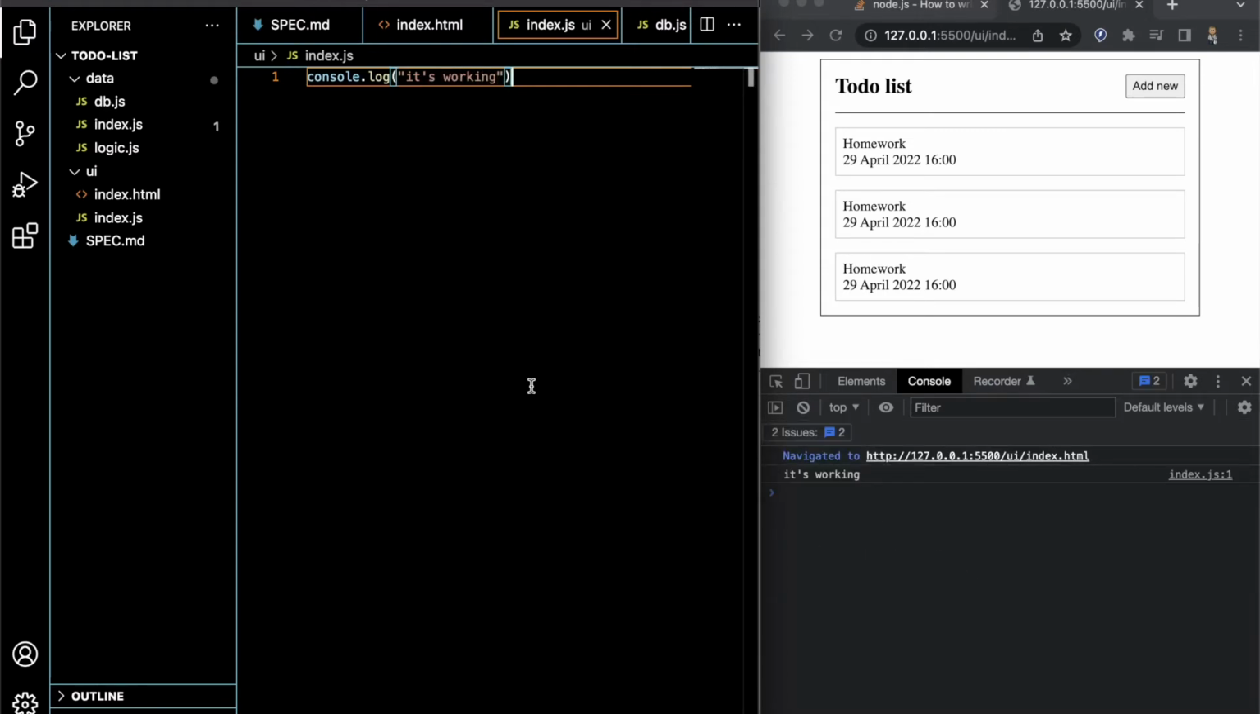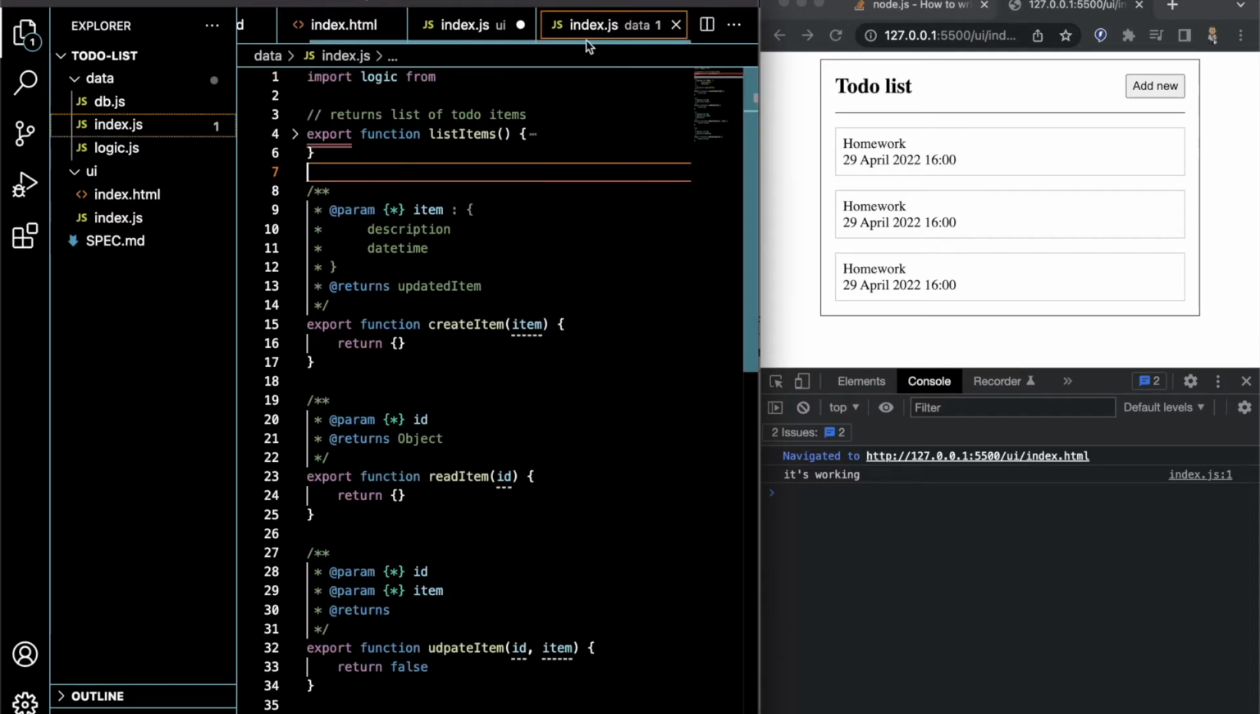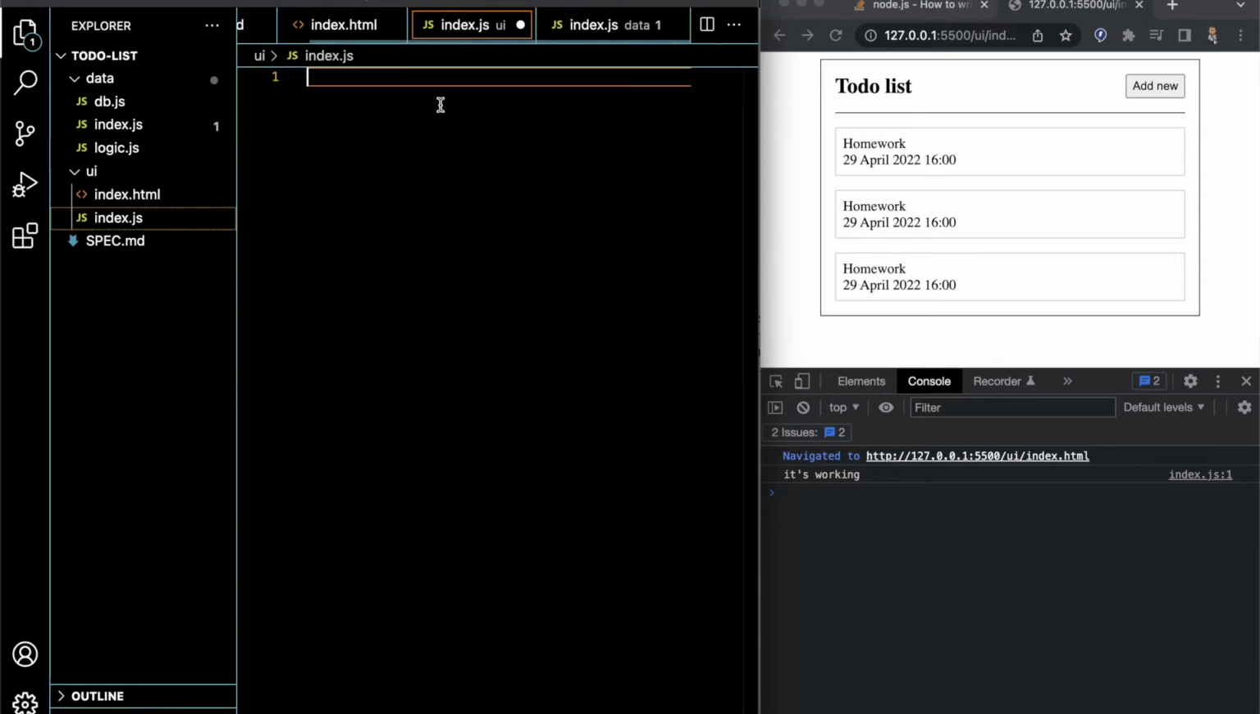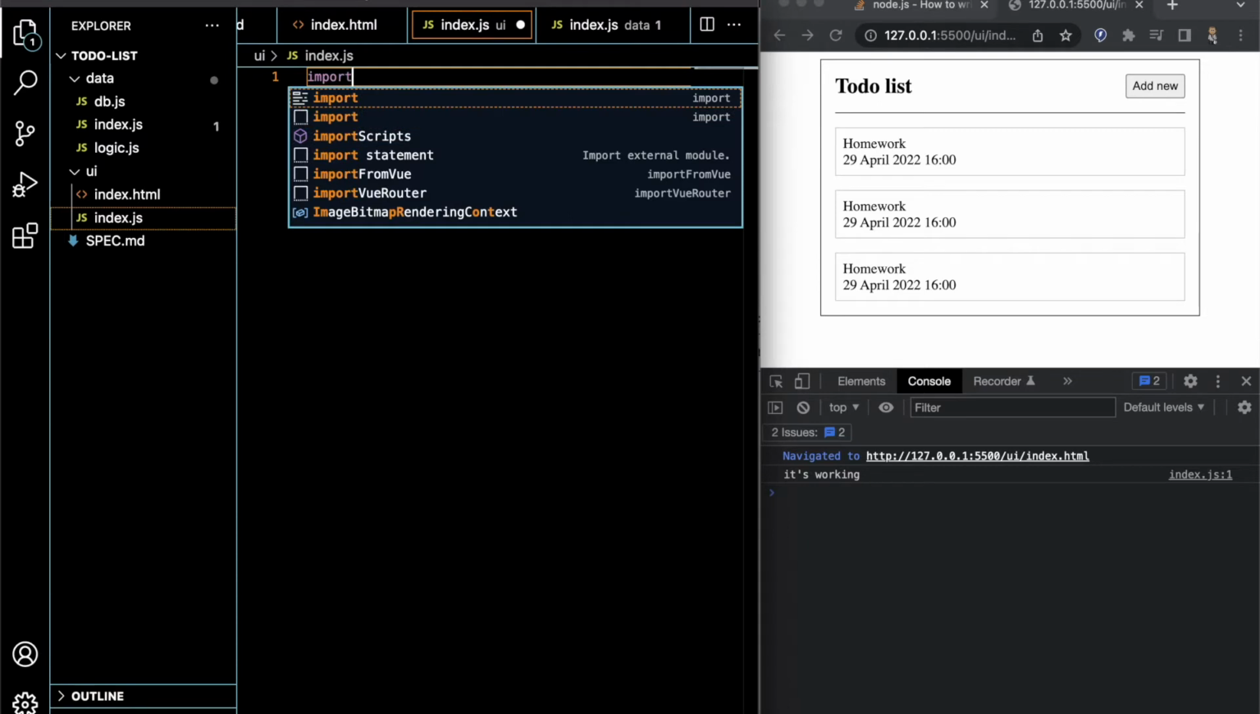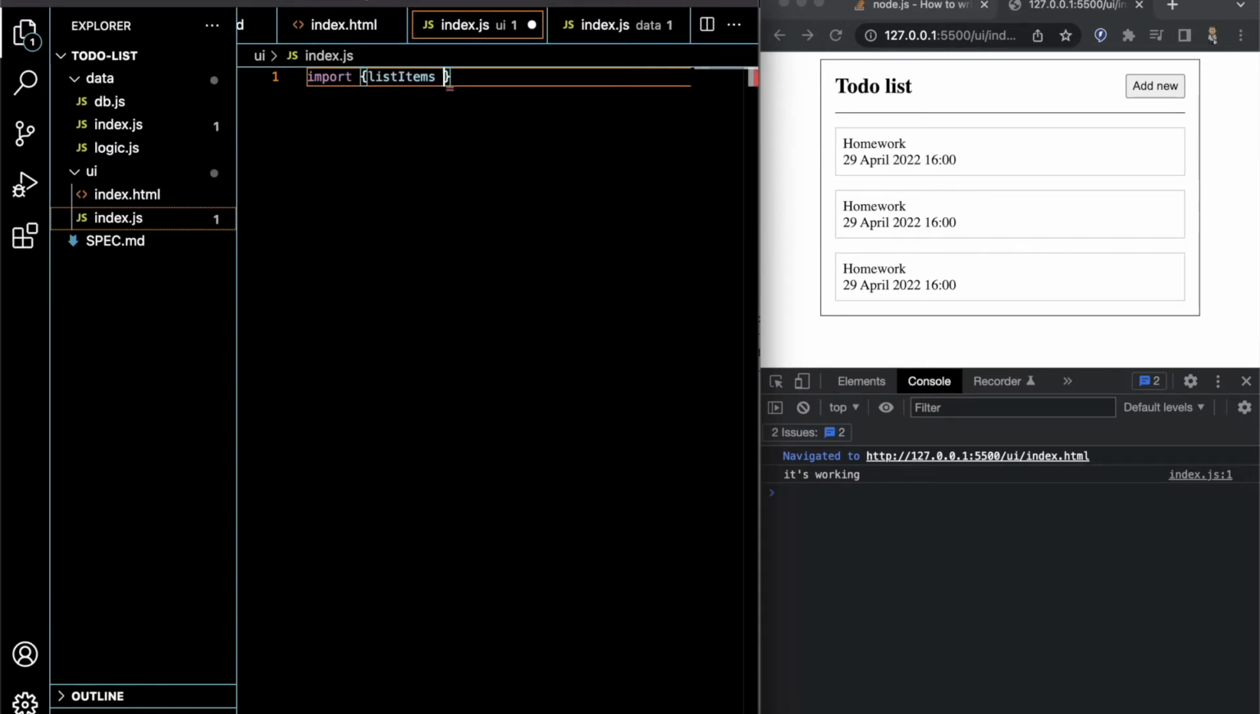Awesomeness. All right, so on document onload, what we want to do is fetch this information, not this information, but rather this information. Let's move our logic over. From our data, we want to call this list items function. So what we have to do is import list items